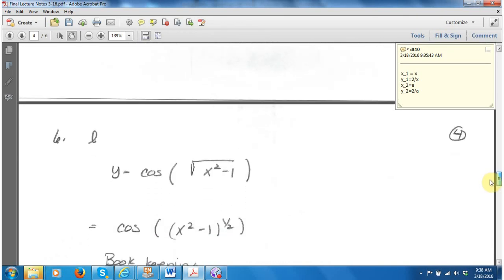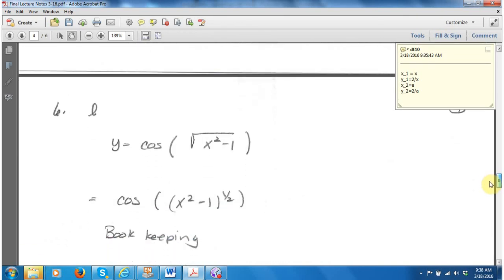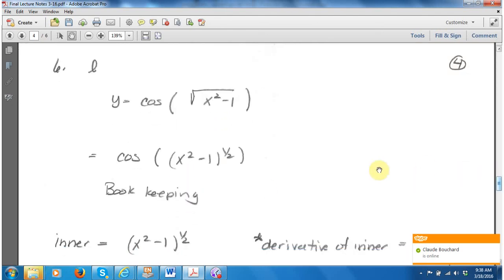Number 6L, you're supposed to take the derivative of something that's more complex than we're used to. There's a cosine of a mess inside here. And anytime I see a square root in calculus, I write it as the expression raised to the 1/2. This expression has, I call this a bookkeeping problem because it really is,